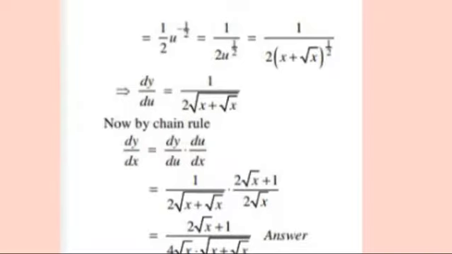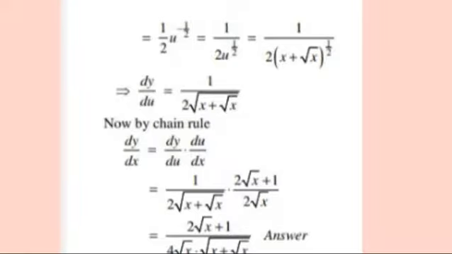So dy over du is equal to derivative of u raised to 1 by 2 with respect to itself. Okay, d over du, u raised to 1 by 2. So we can easily take the derivative using the power rule, n x raised to n minus 1: 1 by 2 u raised to power minus 1 by 2. 1 by 2 minus 1 left behind, u raised to power minus 1 by 2. So 1 over 2 u raised to power 1 by 2, 1 over 2 as it is written here, and power of u is minus 1 by 2.